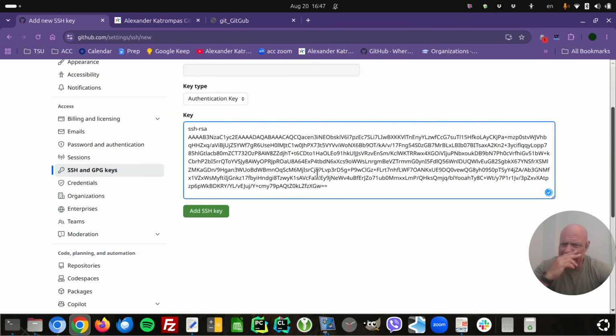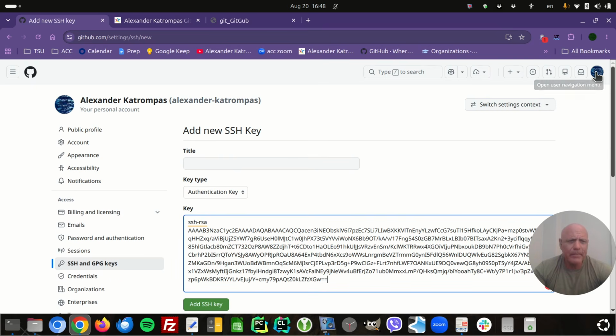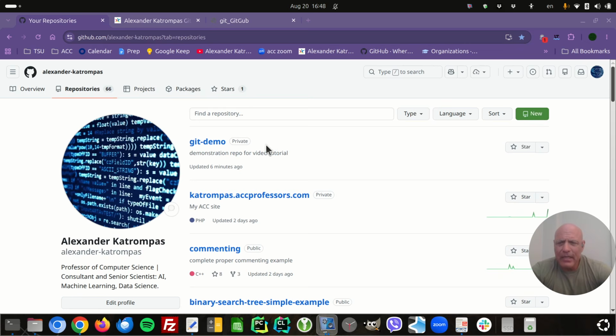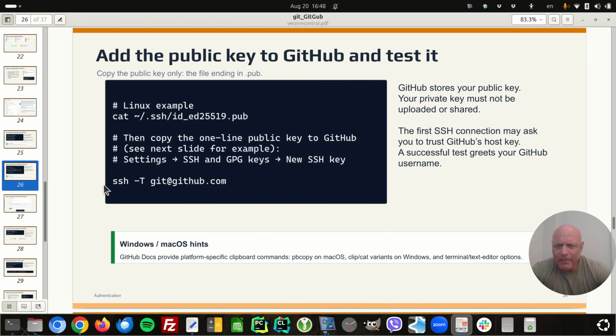So you paste the key in like that, okay? Then you hit add SSH key. I don't want to do that, but that's what you do. So you click add SSH key, and you've got your key in there, okay? So it's that easy. So once your key is in, you can go back to here and you want to